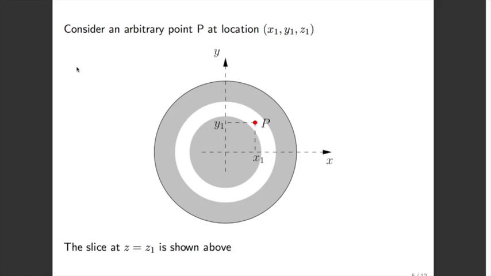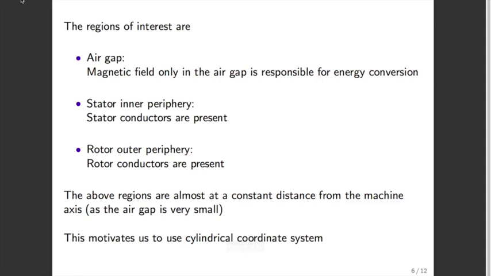Consider an arbitrary point P whose location is at x1, y1, z1. The slice at z equal to z1 is shown. There are three regions which are of interest to us. They are: 1. the air gap, 2. the stator inner periphery, and 3. the rotor outer periphery. The air gap is of interest to us because it is only the air gap magnetic